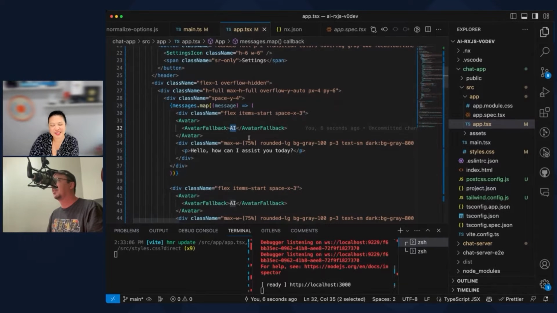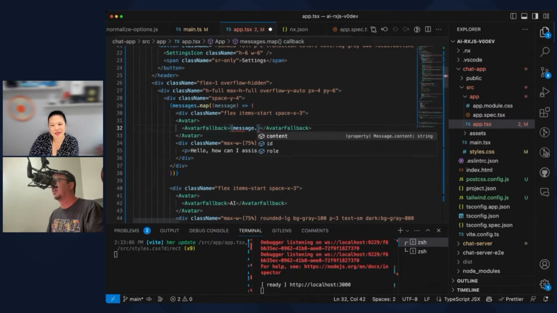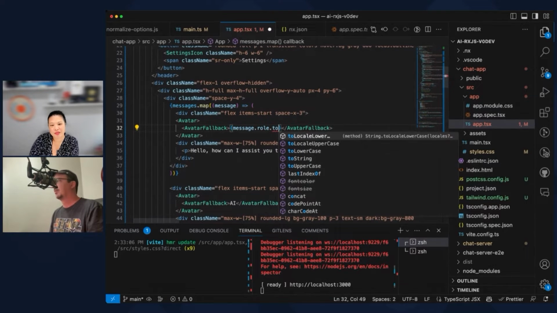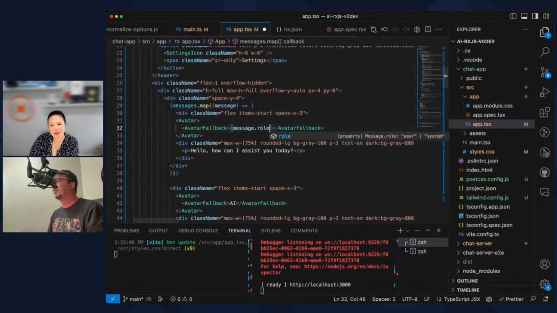The avatar fallback. Let's just do message role to uppercase. We only really need the first two characters. All right, if message role equals system, then what? Otherwise, you? I don't know.